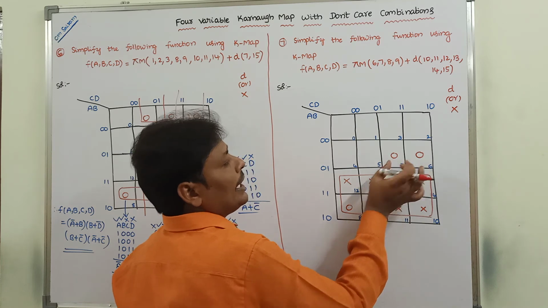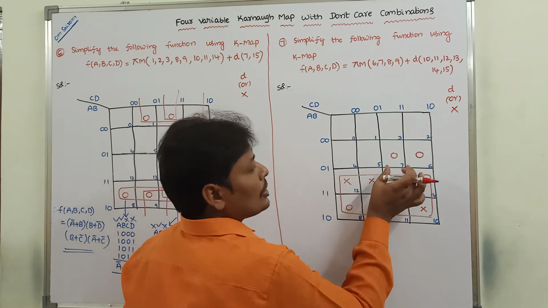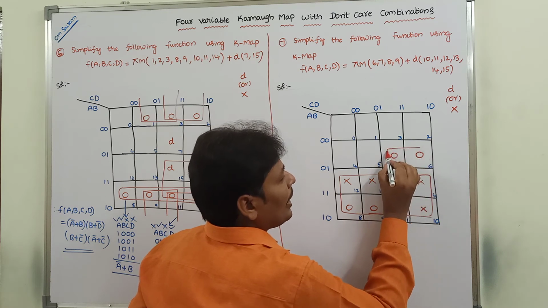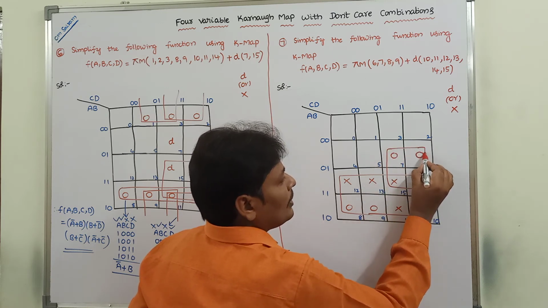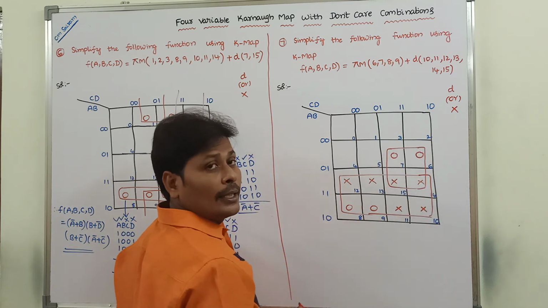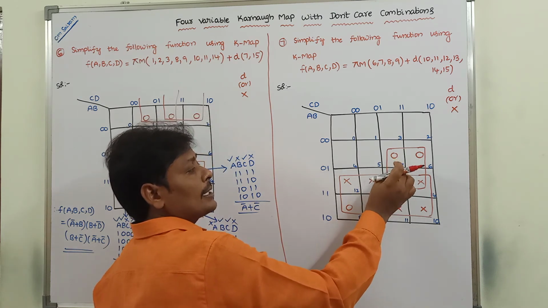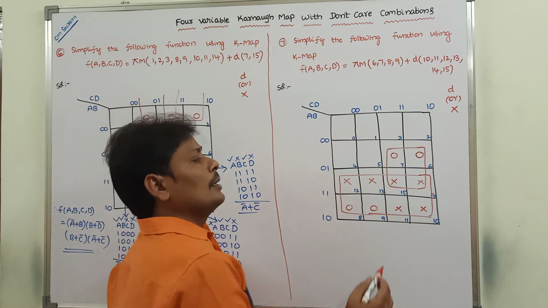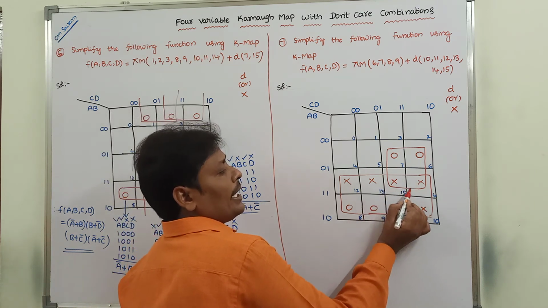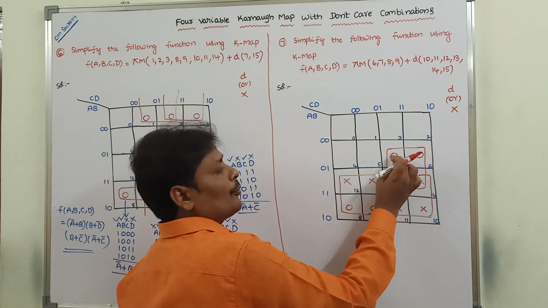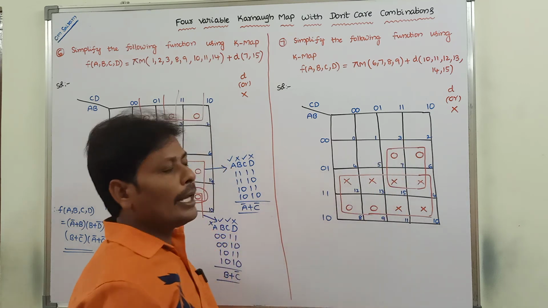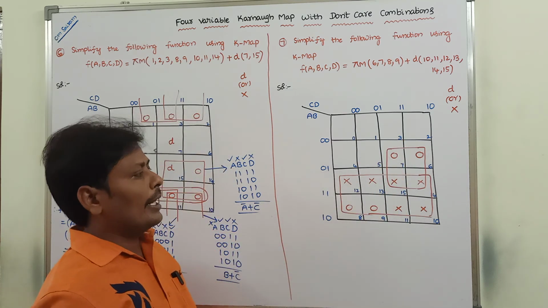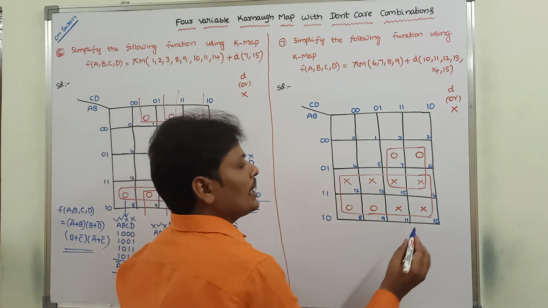Now 2 zeros remain. These 2 zeros and these 2 don't cares can be formed as a quad, 4 adjacent cells. Among the 4 adjacent cells, 2 are zeros and 2 are don't cares. So the don't cares can be taken as zeros, and 4 zeros can be formed as a quad. Then what is the minimal expression we are getting? So from this octet,